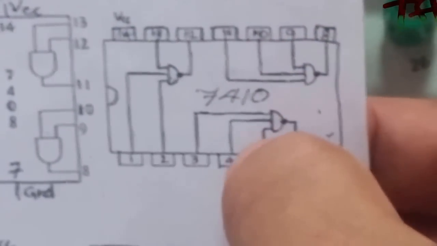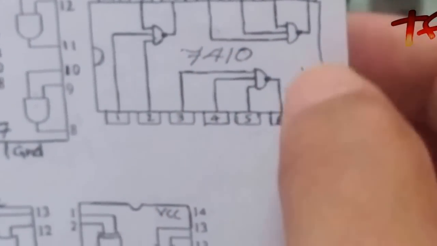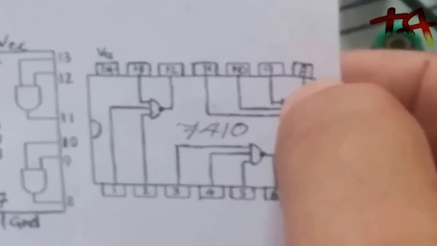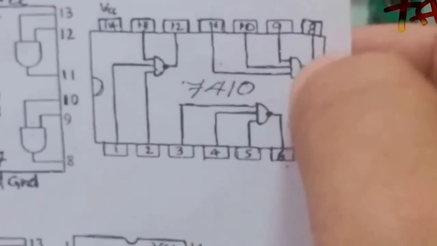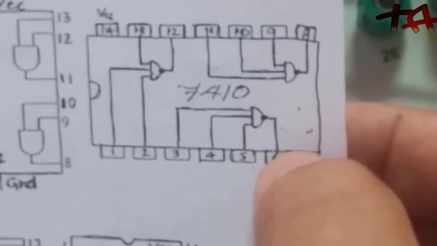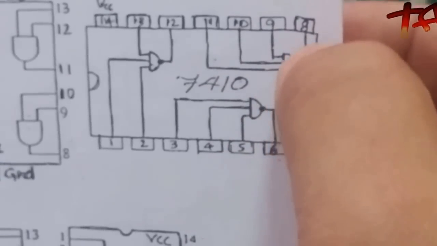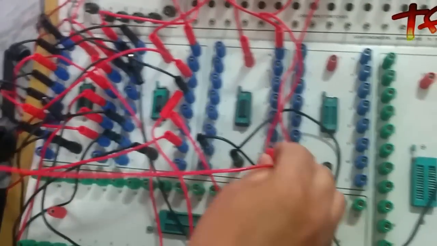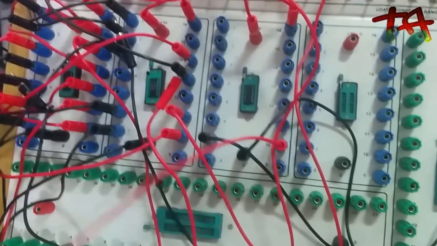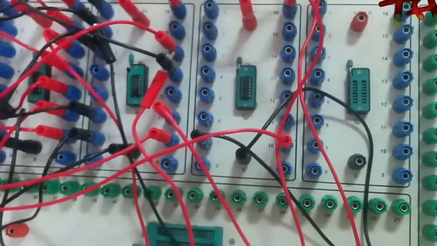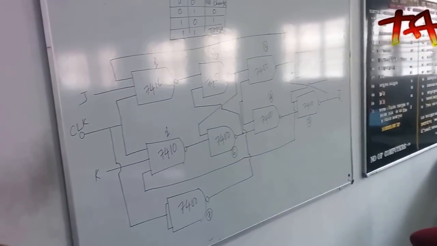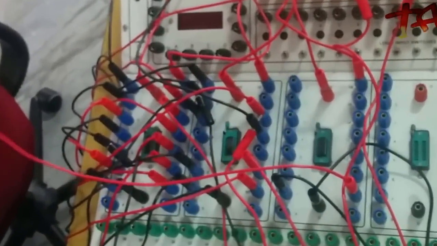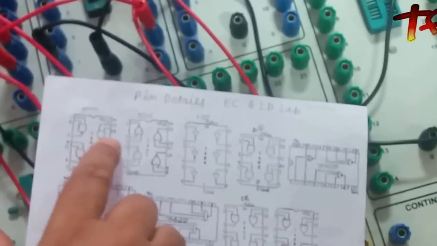Now coming to 7410, we'll take this as 1 dash and this as 2 dash. Now you can see the output of 7410 of 1 dash is 8 and 2 dash is 6. Therefore, we take 8 of this IC. This IC is the 7410. What is the 8 here? This is the 8 here. Where will it come? It will come as the input to the 5, which is 5 here.